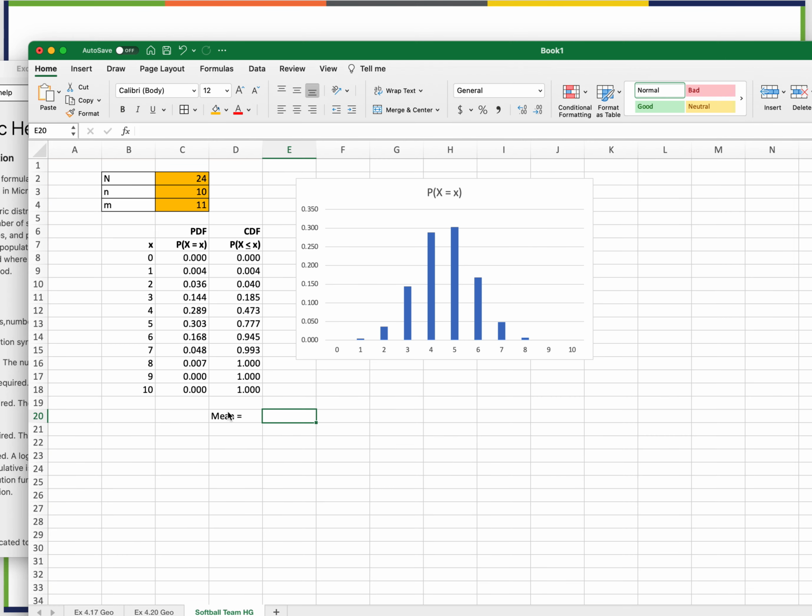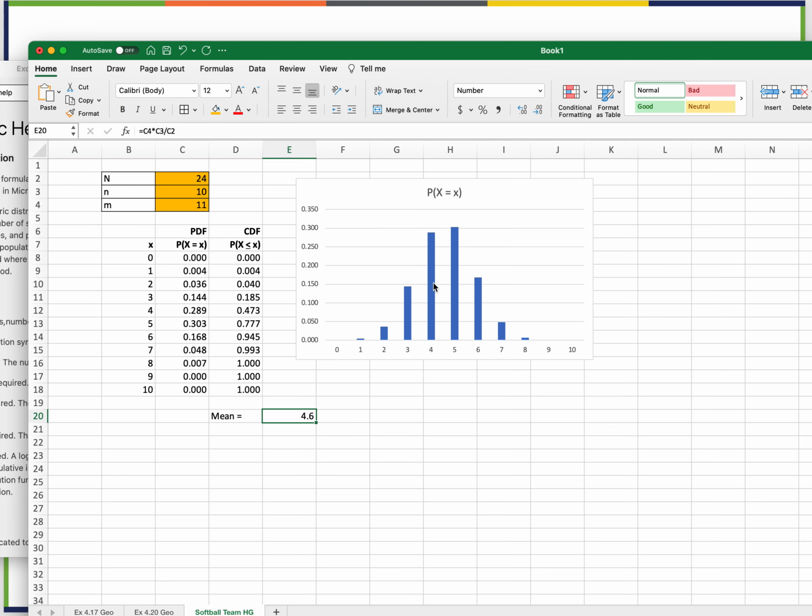So it equals M times N divided by 24. So it says my average is about 4.58,